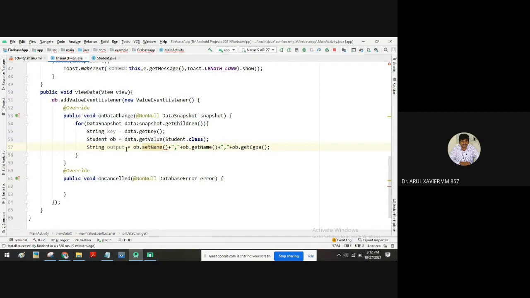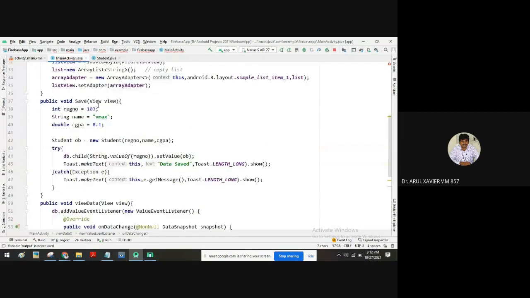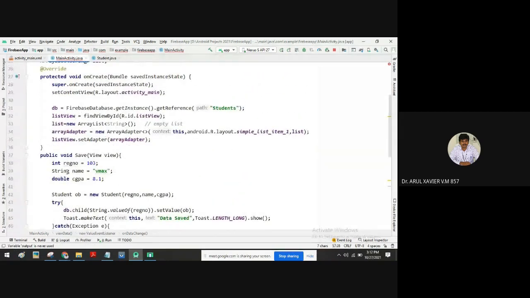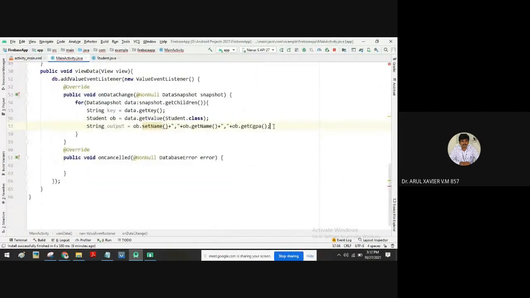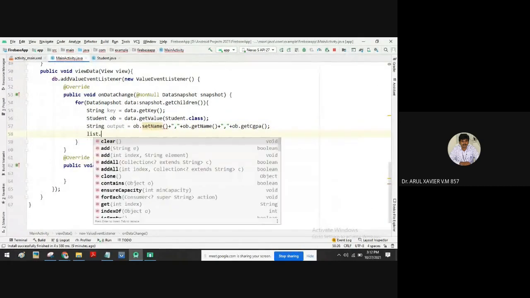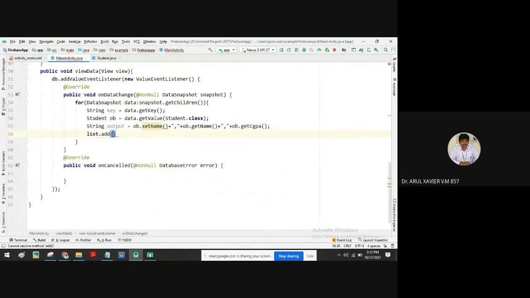This is the data I'm going to store in this list view. Here I have an array list, and in this array list I want to store it, so list.add(output).